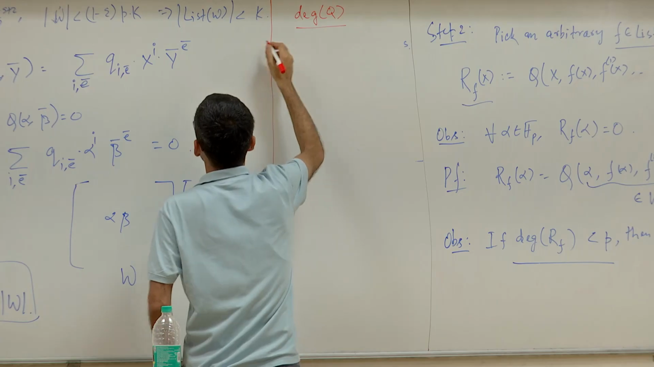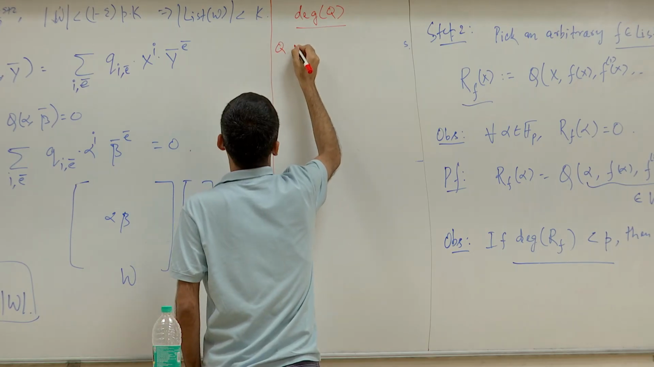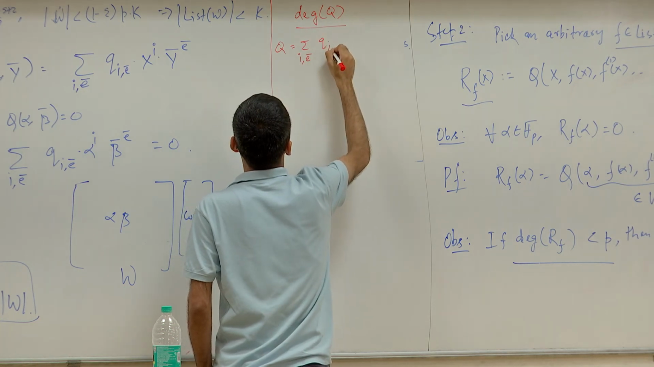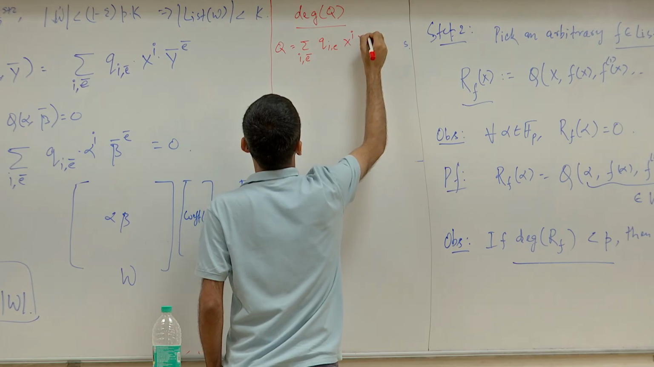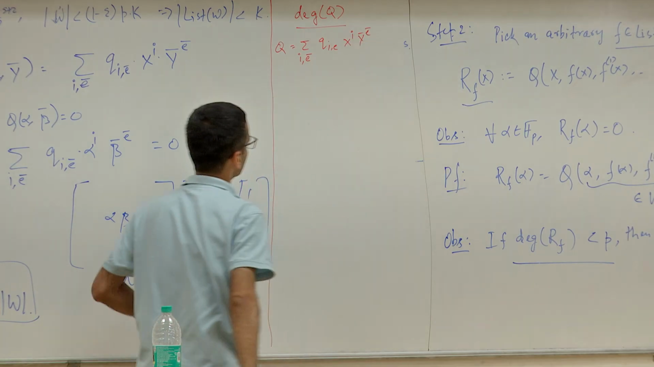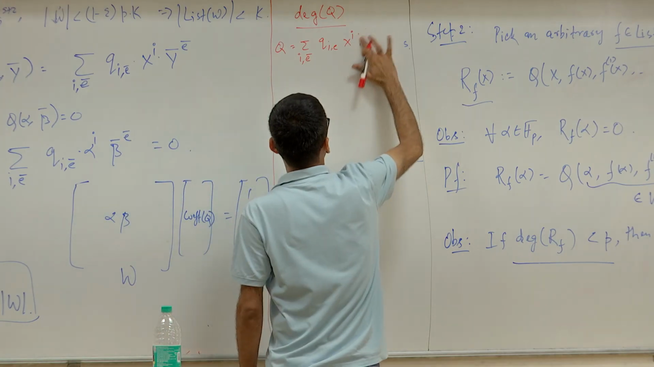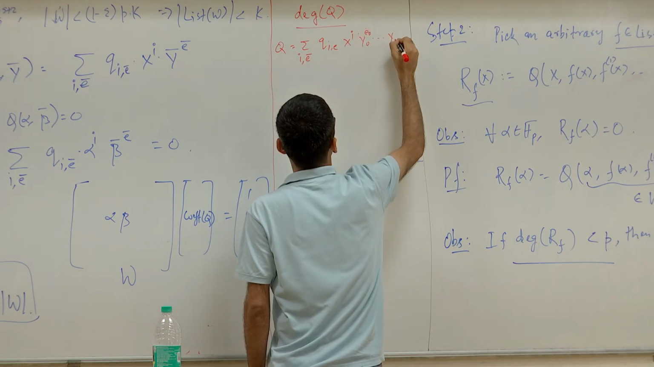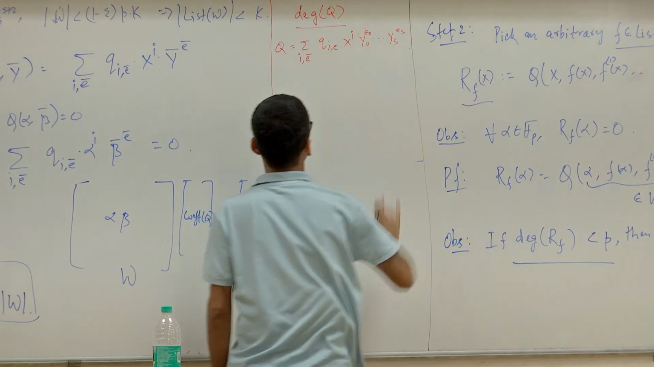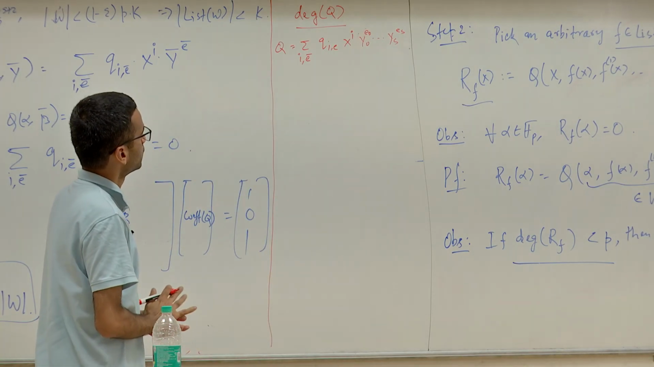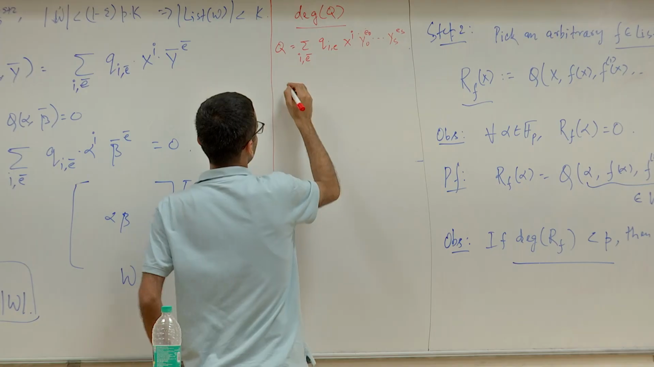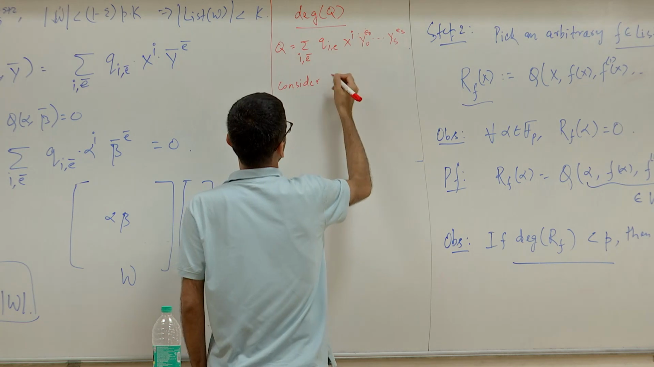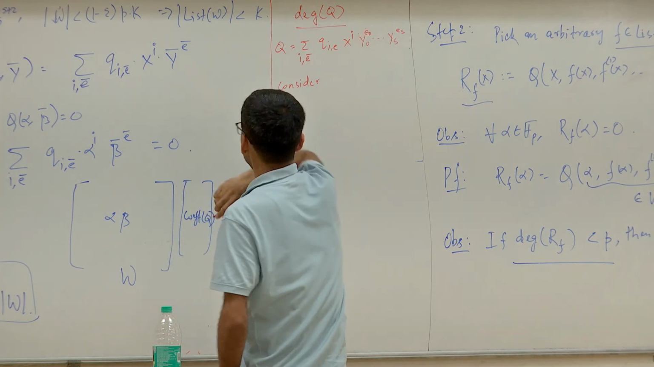Okay, so we want Q to look like the sum over i, e of Q_{i,e} x^i y^e. Let us write it explicitly: y0^e0 up to ys^es. Okay, and we want, so consider the set, let's say